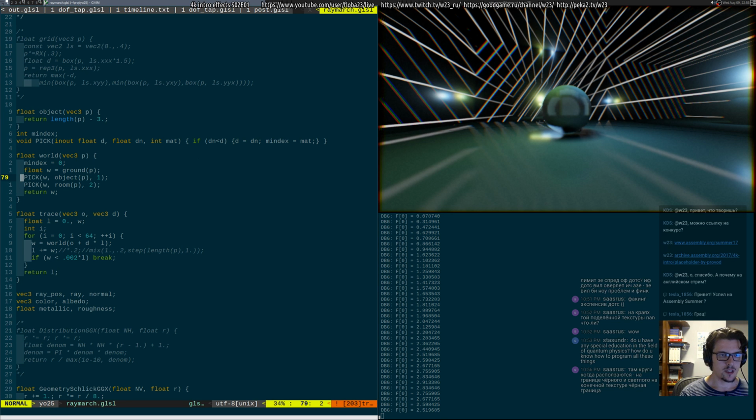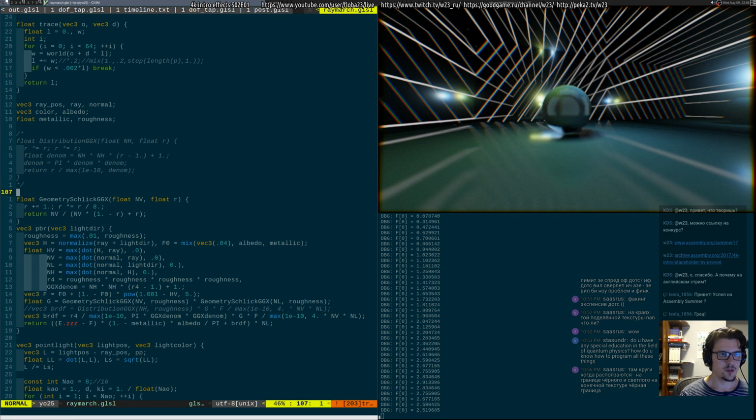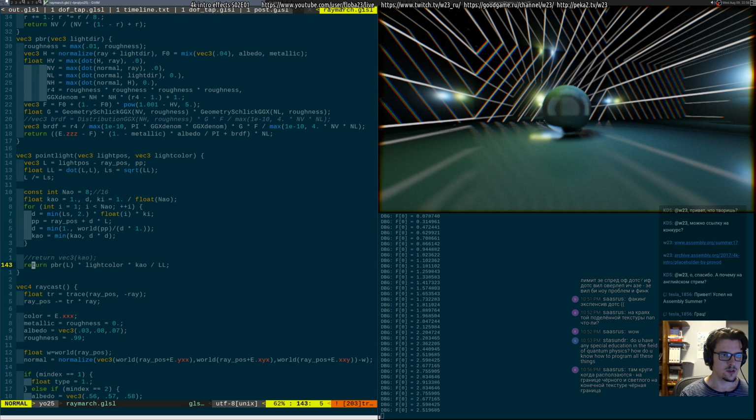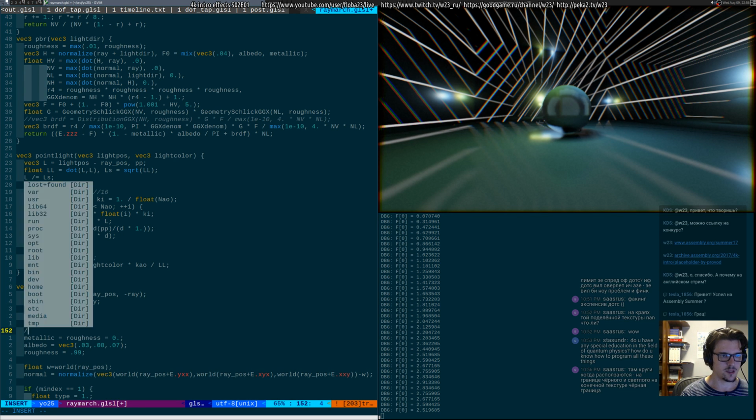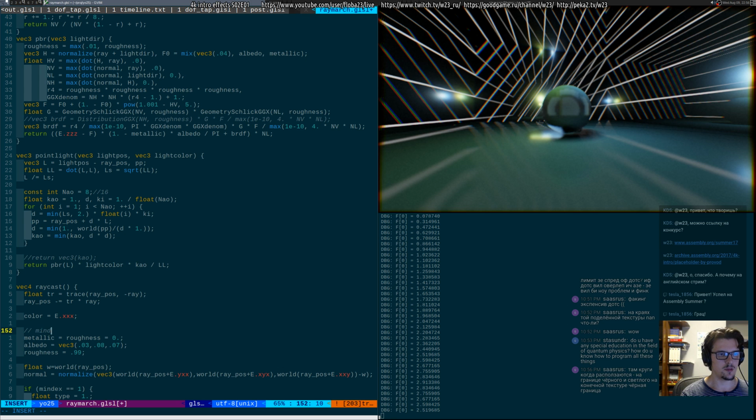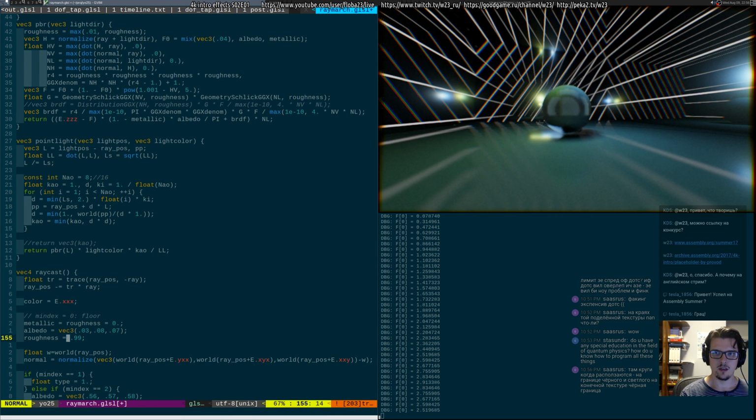So the object is material index 1 and the room is material index 2. So I should probably write some comments here. This index equal to 0, the floor. And I actually wanted to do this thing here, which amounts to